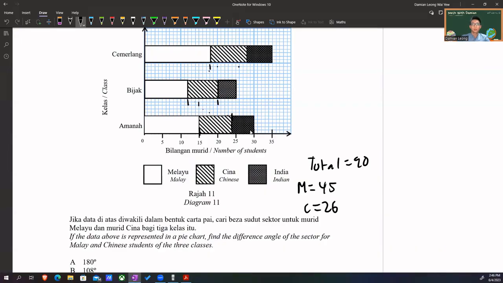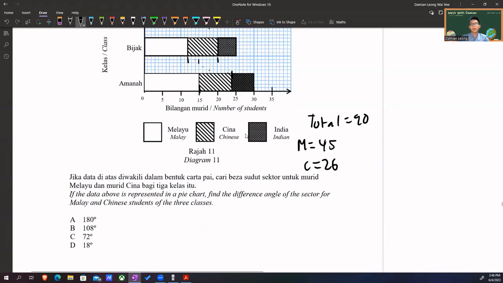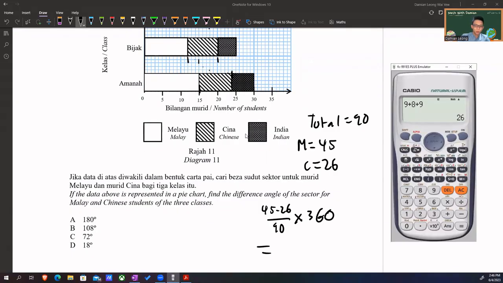So basically, the angle difference is the same as their difference out of the total in angle. So times 360. So 45 minus 26, 19, divided by 90 times 360 is